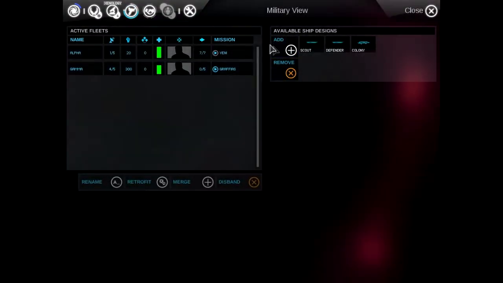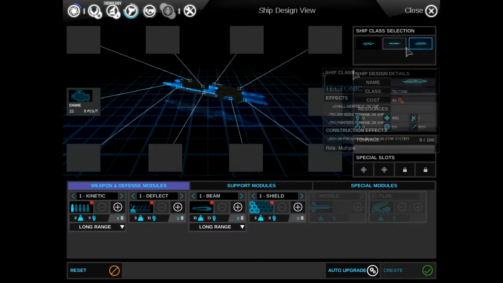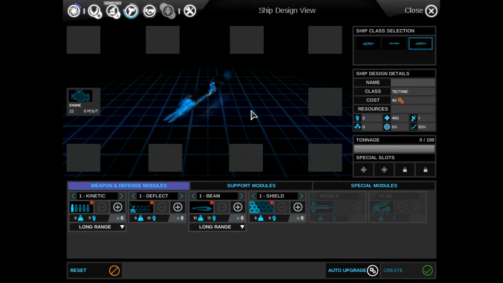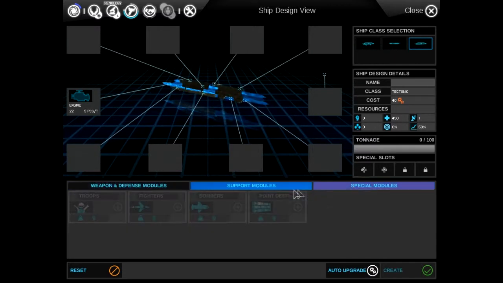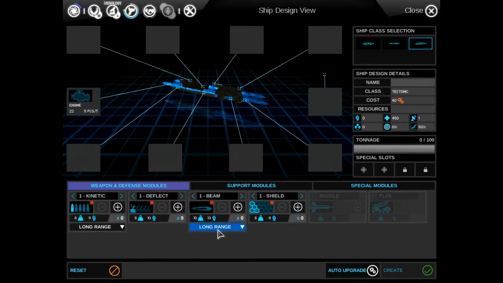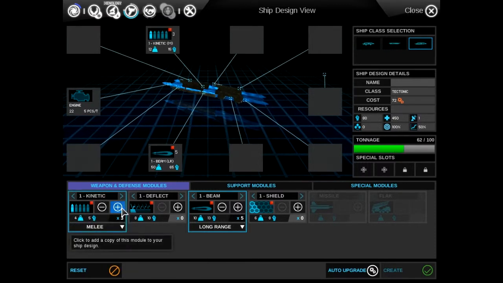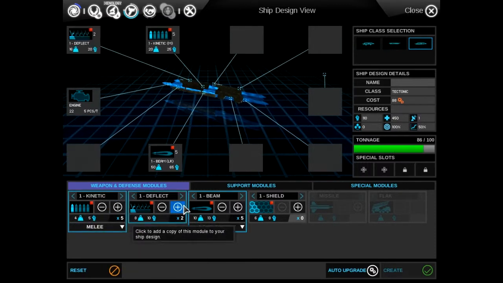Now it's time for me to actually build my own ship. Here's the tectonic, the ship we have not yet built. Here's how much stuff it can actually carry. Here are things like troops, fighters, and bombers, and here's other abilities. Now, for weapons, this is how much tonnage it takes up, and this is how much military power it's going to give back. So I'm going to give 5 beam weapons on long range, and then for melee I'm going to give 5 of those, to that,